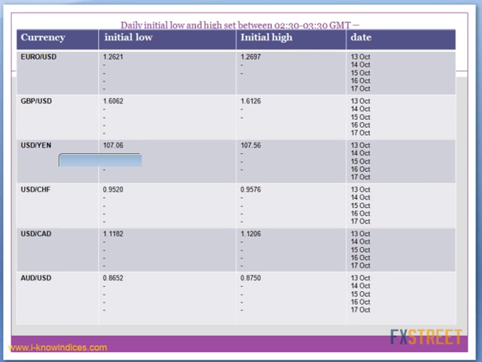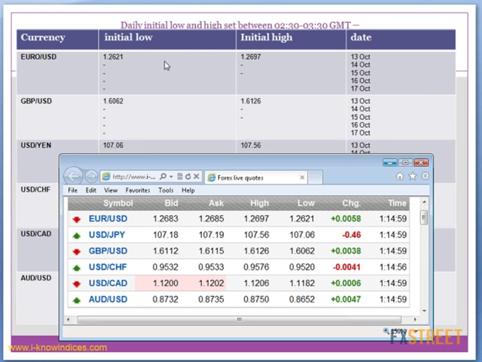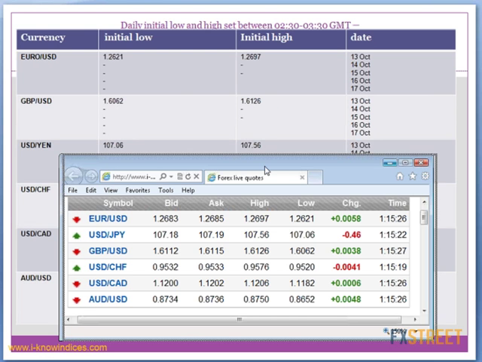Now, these are all the initial lows and the highs. They are set around 3:30 GMT. By 3 GMT itself, they set the initial lows and the highs today aggressively, and then they stopped cutting the highs. So 1.2697 still they are not breached, but they are holding closer to the high, and they are expected to make the slide.